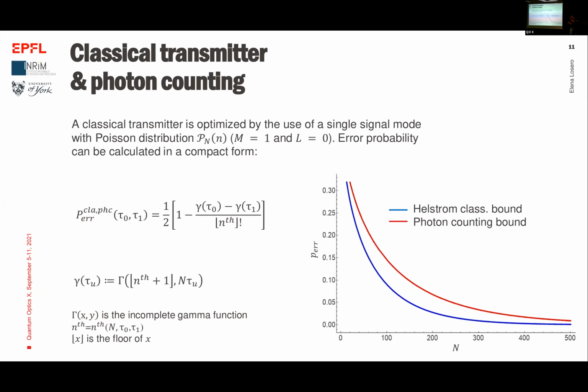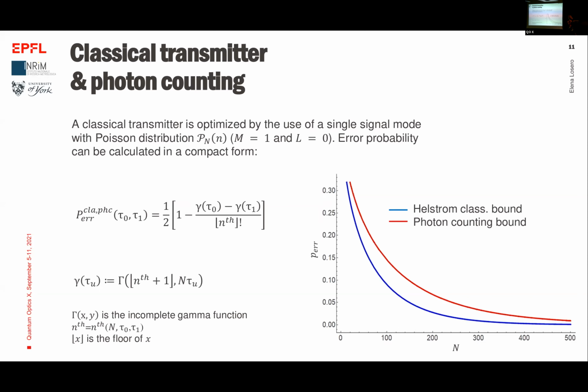We propose this strategy, but it's also important to understand if this is somehow useful, a great strategy, in the sense that we want to see if this photon counting strategy is very, very far from the Helstrom bound, or if it's somehow comparable. So in this plot here, we plot exactly the error probability versus the number of photons in the signal for the photon counting strategy and the Helstrom bound. And what we can see is that the photon counting strategy is a reasonable strategy, it's a good one, because it's not too far from the Helstrom bound, and it's really easy to be implemented.